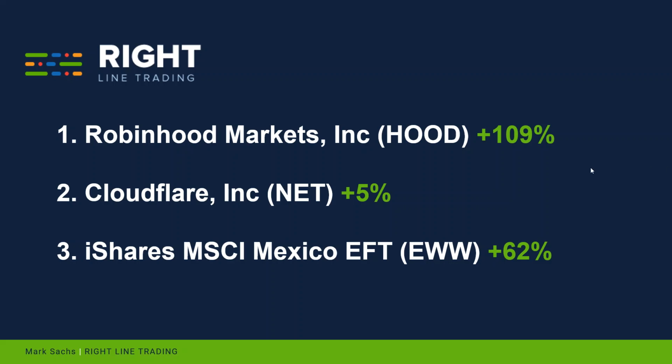Now, why did I choose to move into Robinhood? Well, I think everyone's familiar with the Robinhood platform. It was groundbreaking in that it offered you trading without commissions. It had a unique order flow entry system, and it came under a tremendous amount of regulatory scrutiny. It was a stock that was priced as high as $90 a share initially, and then it took a tumble as their profit margins crashed. It came way down, and then